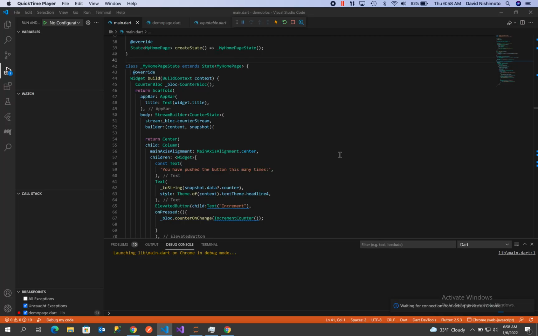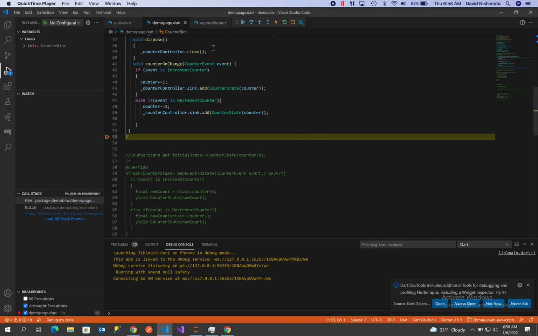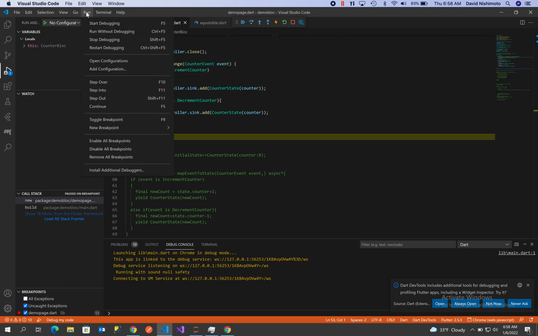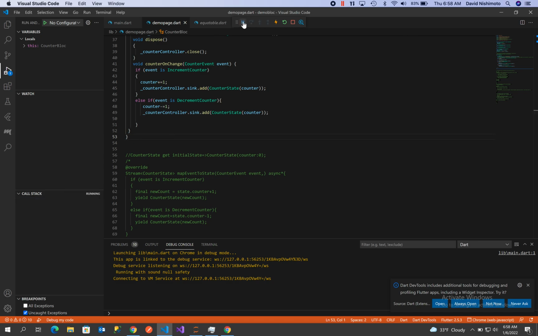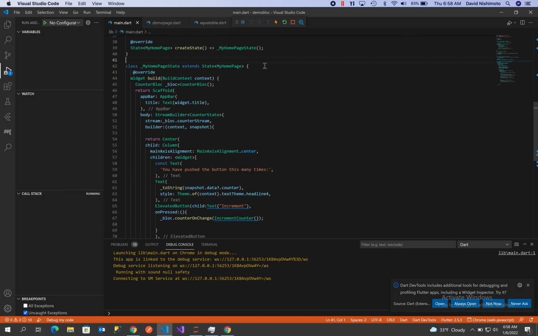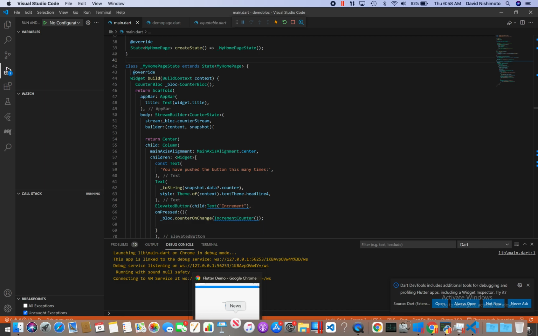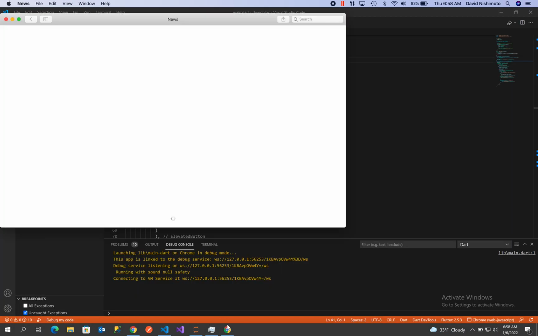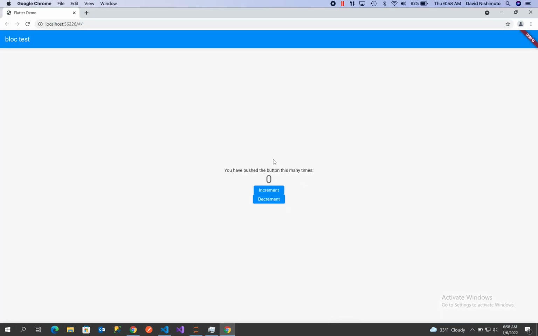Machine learning. In this example, I'm going to show BLoC code running. Let me just remove all my breakpoints and just run this. Okay, so what we have is just a simple button here, and what it's doing, BLoC is doing, is our business logic object component. And what it does, it receives events.